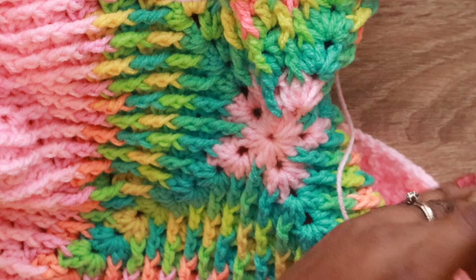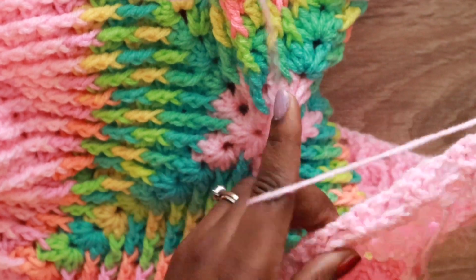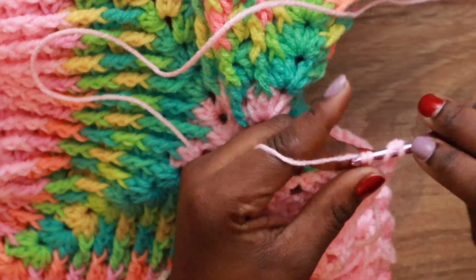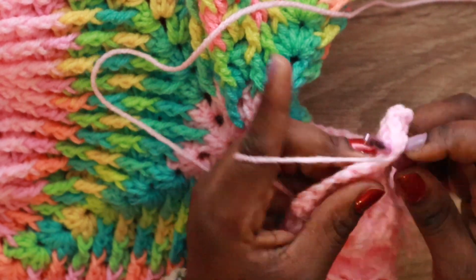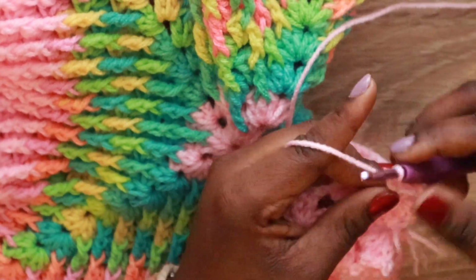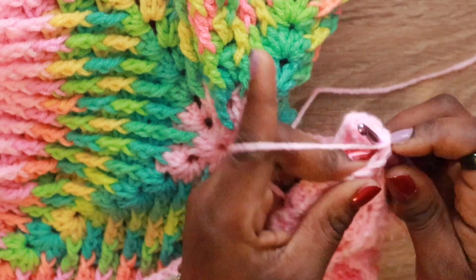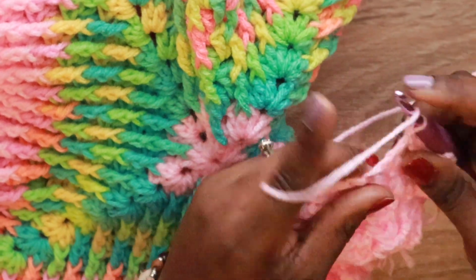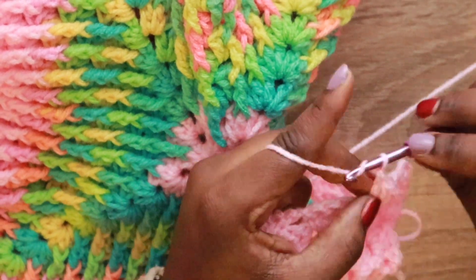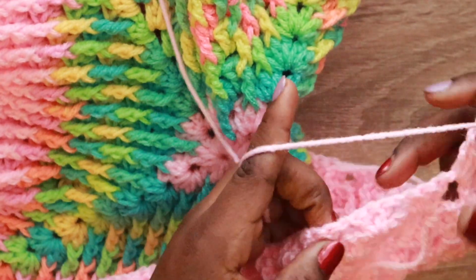and you are going to chain 3, 1, 2, 3, and then you are going to put a granny cluster, which is 3 double crochets, into your next chain 1 space, and then you're going to chain 1, and then you're going to put another granny square cluster, which is 3 double crochets, into your next chain 1 space, and then chain 1, and then you are going to put a reverse